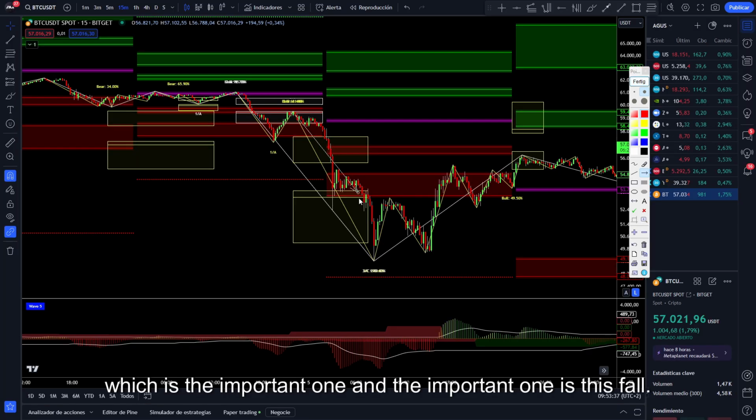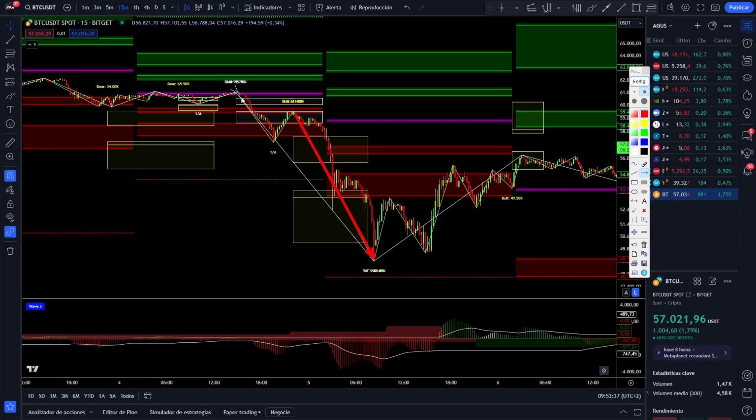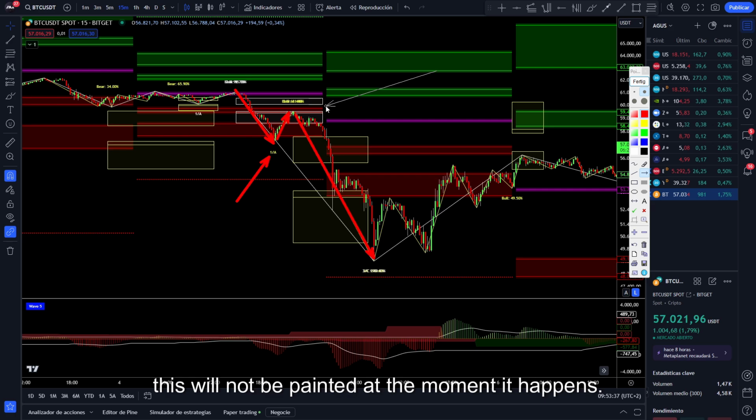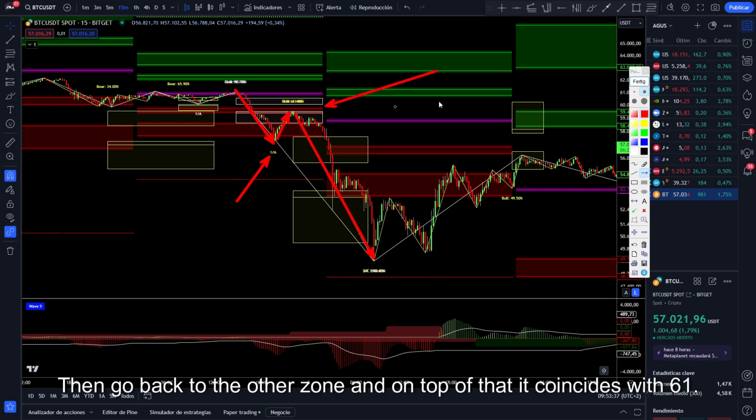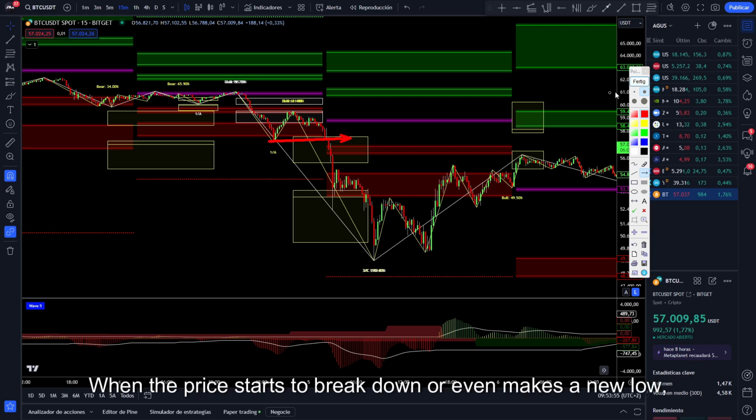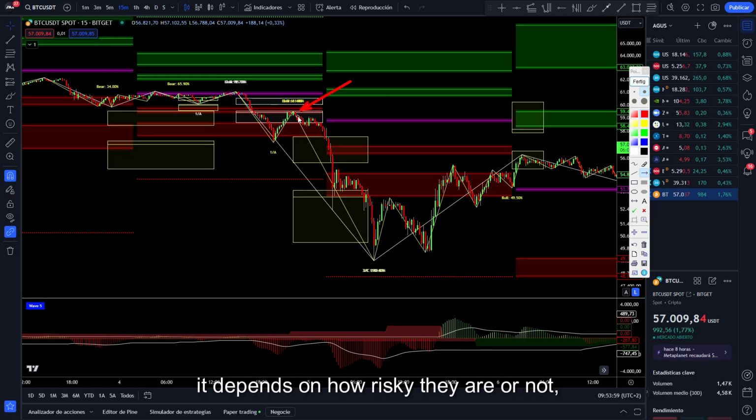And the important one is this fall. What's important about this fall? If the program labels it 1 or A, this will not be painted at the moment it happens. Then the price goes back to the other zone, and on top of that, it coincides with 61.8%. When the price starts to break down or even makes a new low, it depends on how risky you are or not, but once the pullback is made and it starts to go down, the system already paints the target